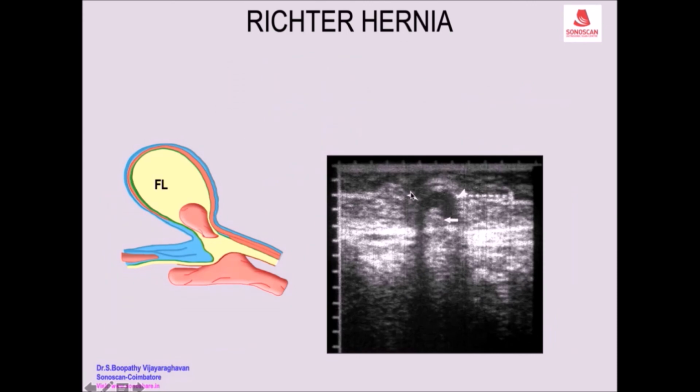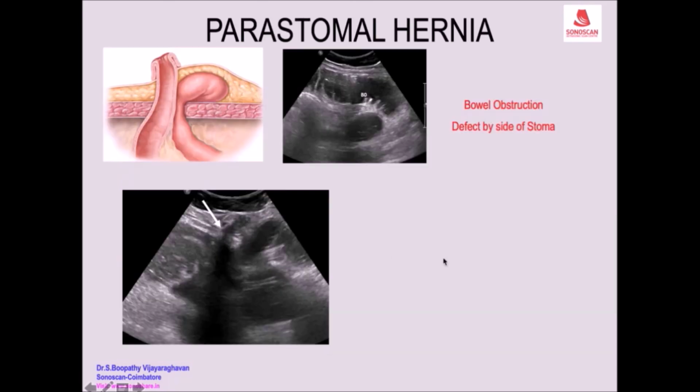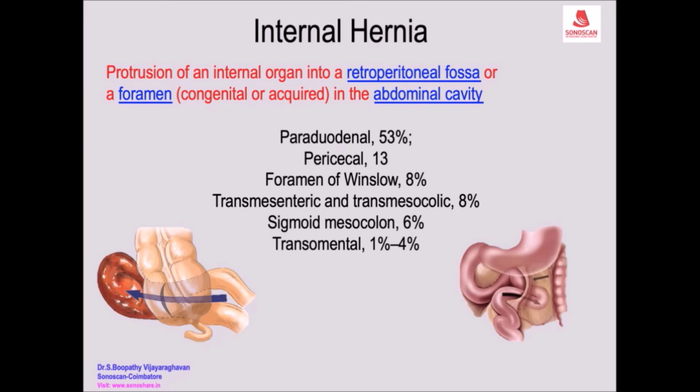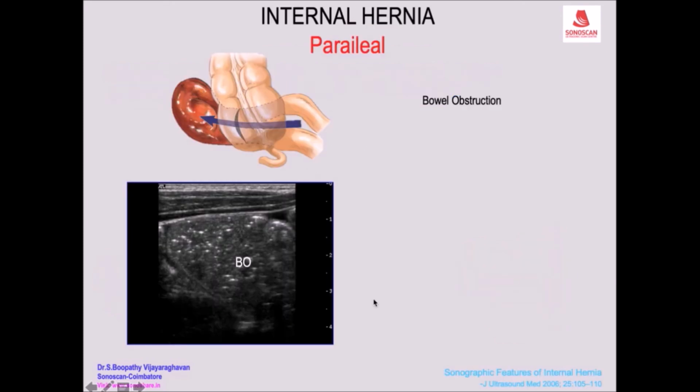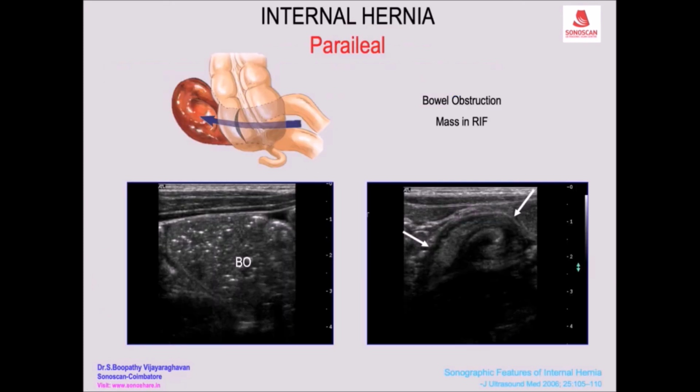This is a young girl presenting with severe pain, and you see the bowel loop, and this was showing peristalsis, so confirming that it is bowel. By the side you see the hernia. I mean free border of the lesser omentum in 88%. Transmesenteric and peristaltic small bowel loops will be seen, and when you trace the obstructed loops, they go to the right iliac fossa, and in the right iliac fossa you see a mass.